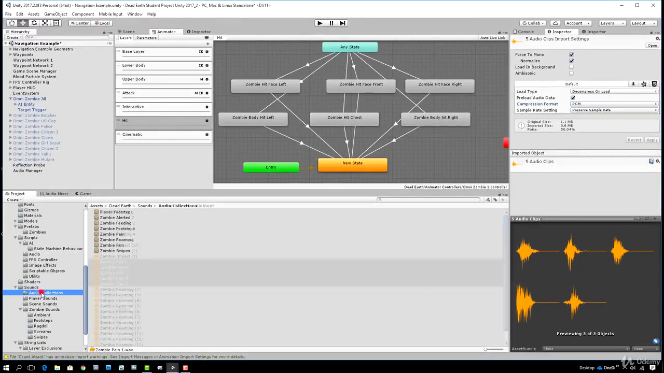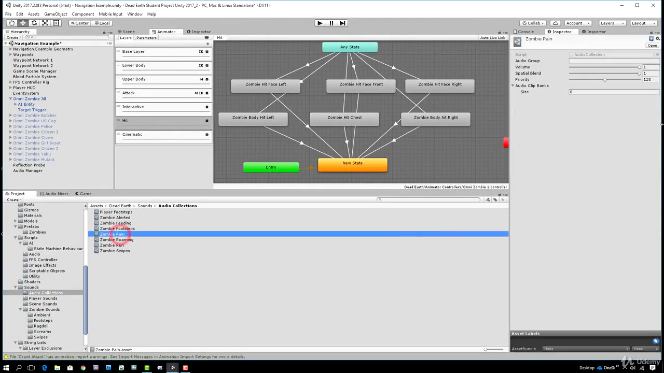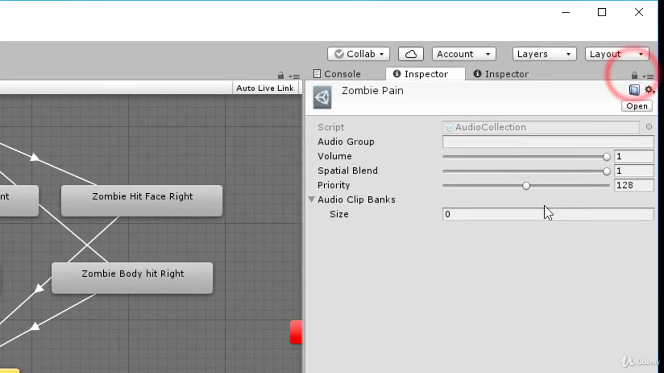Next up, I go back to my audio collections folder, I select that new Zombie Pain audio collection we just created, and I'm going to lock the inspector. I'm going to set the audio group to zombies. I'm going to put the volume down to probably about 0.3-ish. We want these to be louder than feeding because, you know, a zombie going ow is a louder sound than a zombie chewing. So spatial blend for now I'll put down to 0, so it's a 2D sound, and